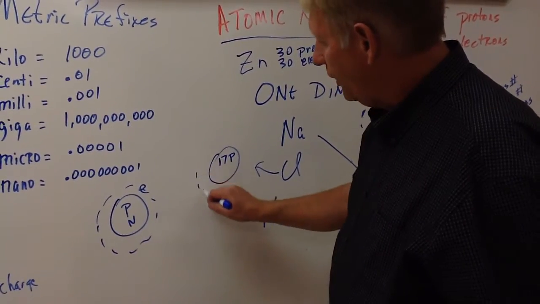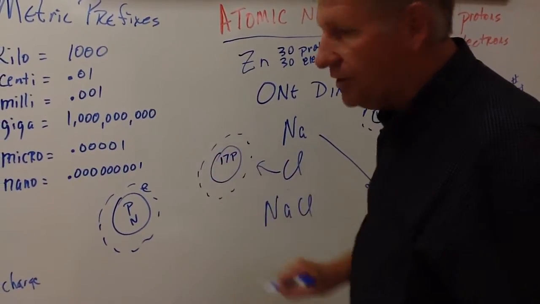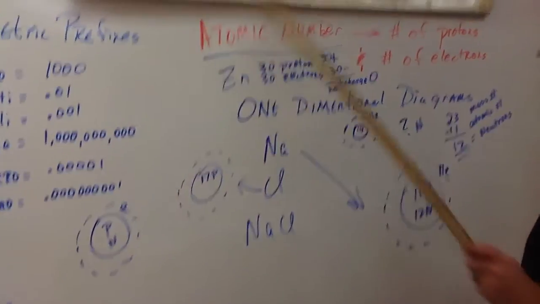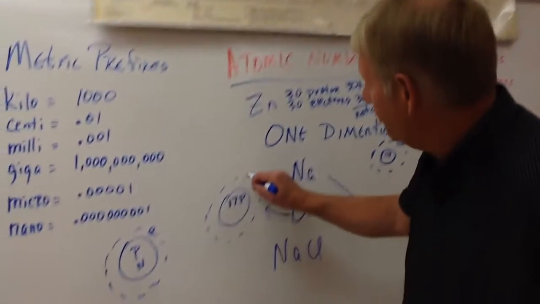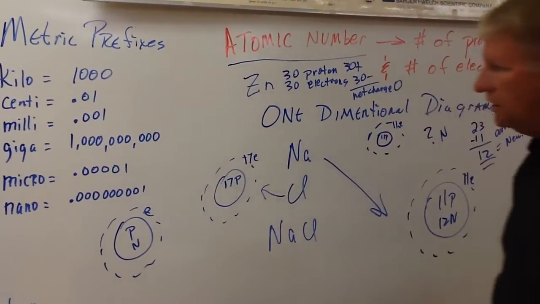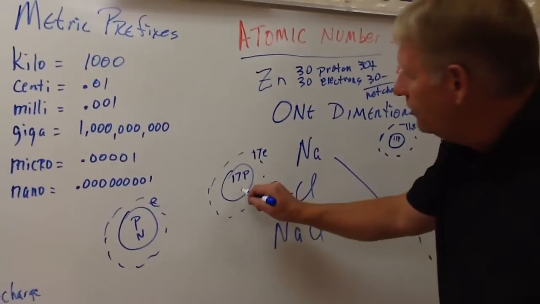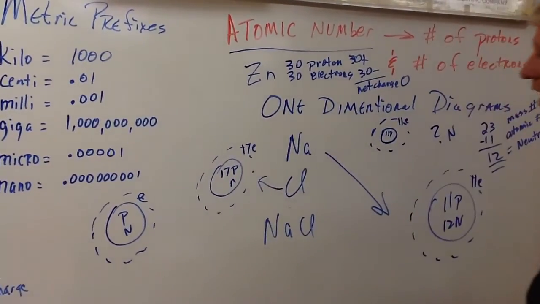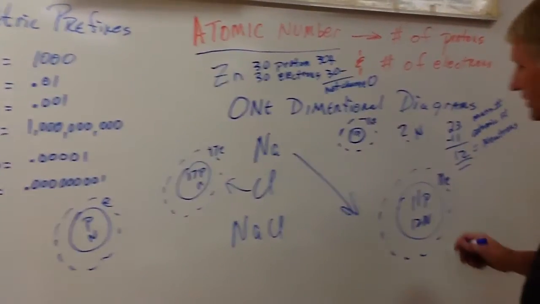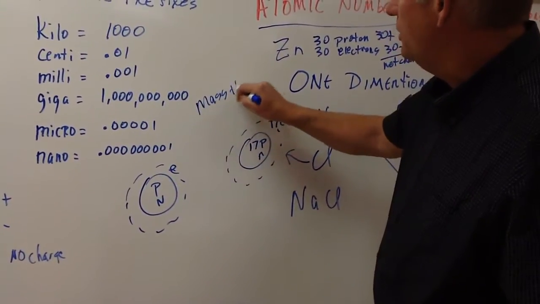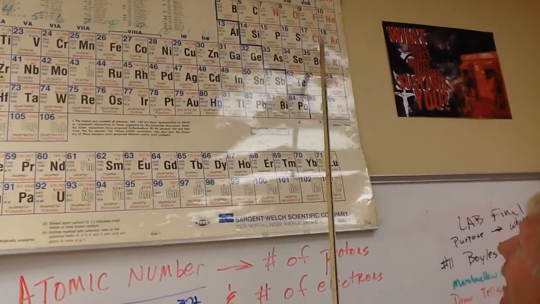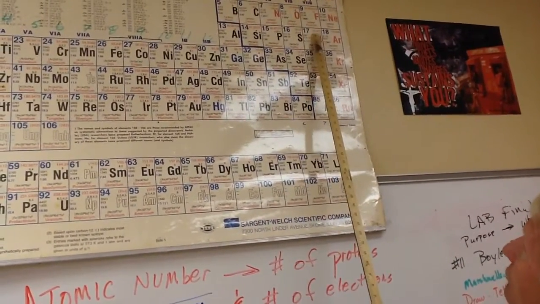And then I'm going to draw the little track for the electrons around here. I say, well, how many electrons? Well, chlorine is atomic number 17, so I know it also has 17 electrons. Oh, that's cool. So now I've got to figure one more thing, the neutrons. The way to get the neutrons, I need the mass number minus the atomic number. The mass number. So I look at chlorine, once again, periodic table. I go to chlorine, and the mass number is